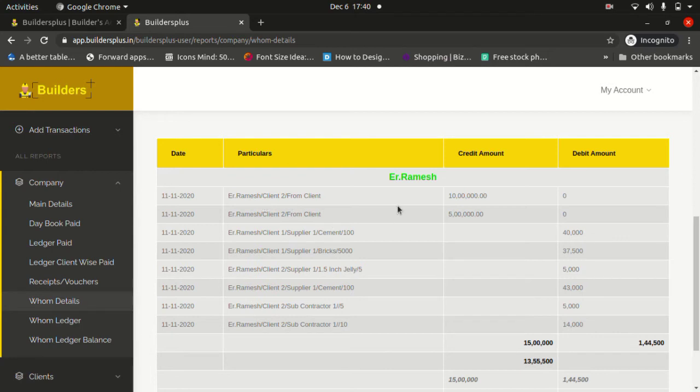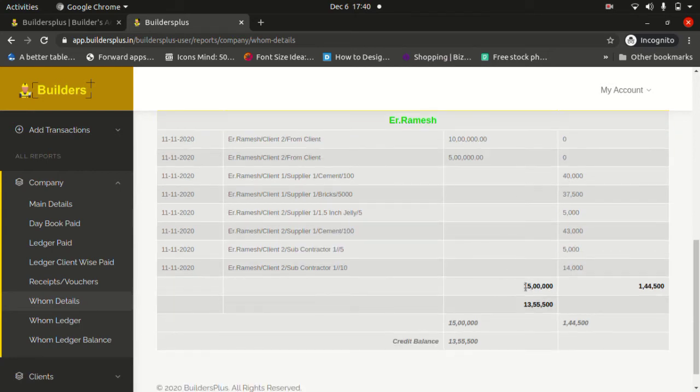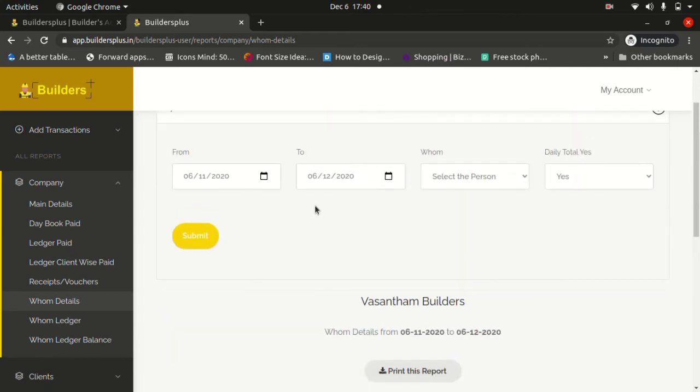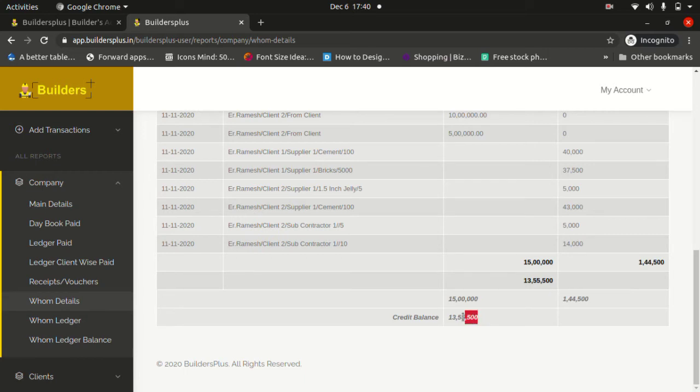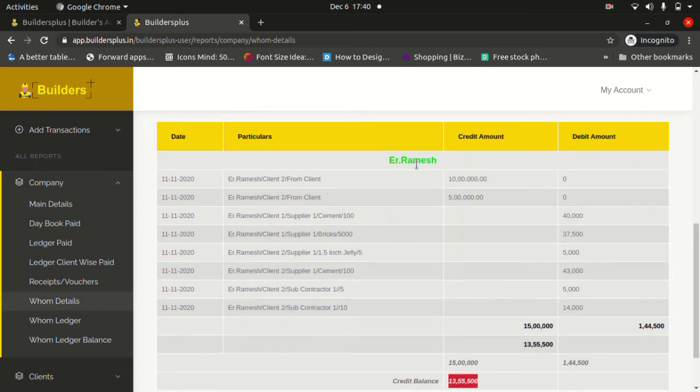He made a credit of 15 lakhs for client 1 and 2 for this particular date. Debit 1,44,500 rupees, and total credit balance 13,55,500 rupees through this Engineer Ramesh.